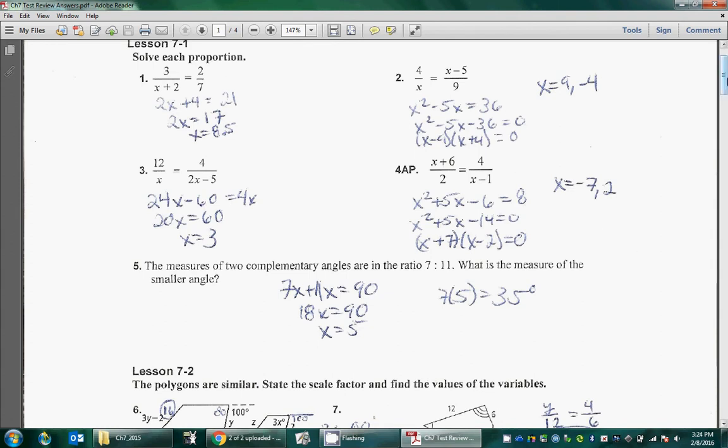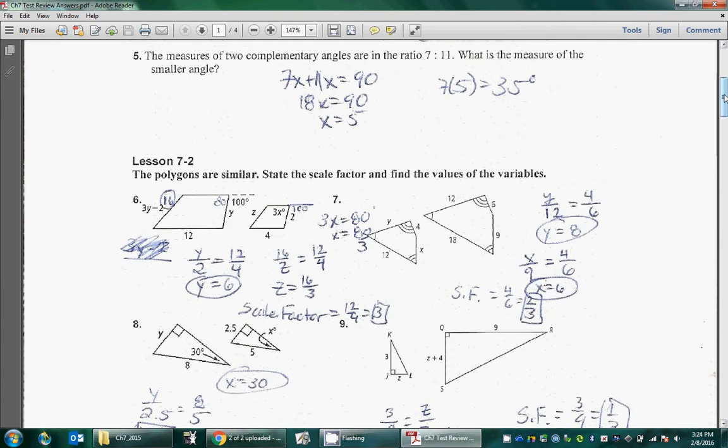Okay. Don't worry, pre-AP classes, I'm not going to have them all like that. You're going to have kind of one of each. You're going to have one that's a little bit easier, one that's kind of in the middle, one that's a little bit harder. Okay. For number 5,